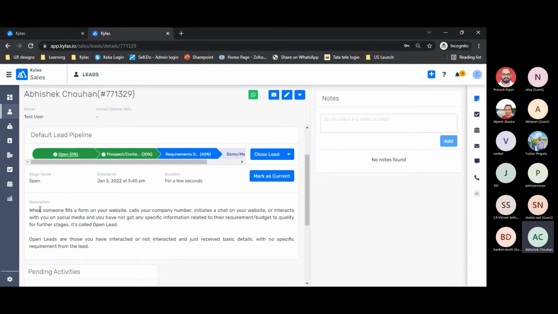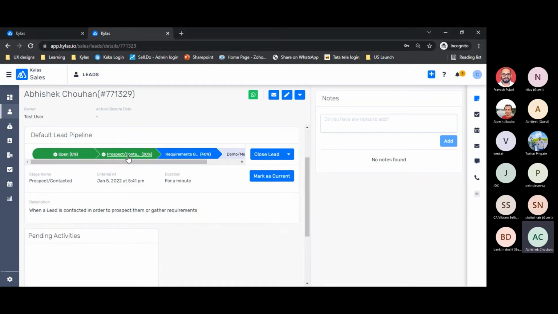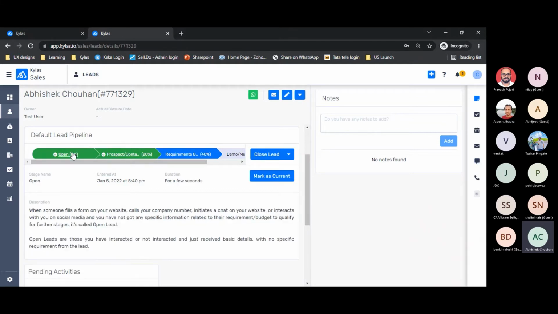For example, the moment a lead is created in the system, you should contact them within, let's say, an hour or so, right? So if this is more than an hour or more than 2 hours or something like that, then it can be a point to raise why it took a longer time to contact this particular person.